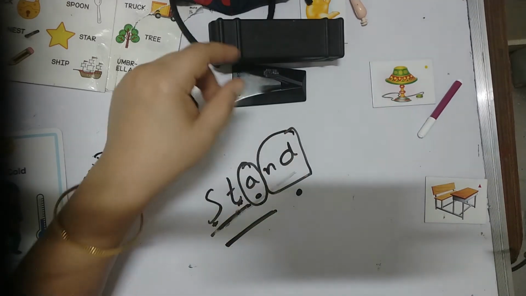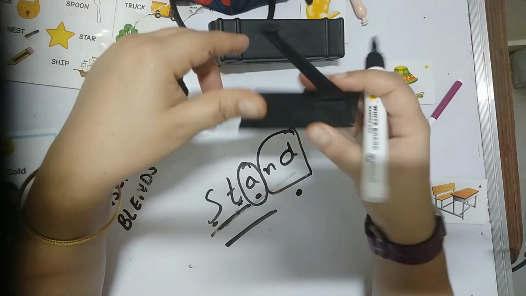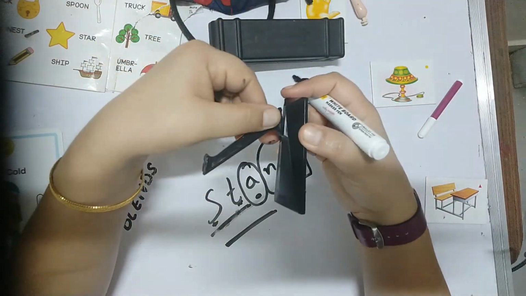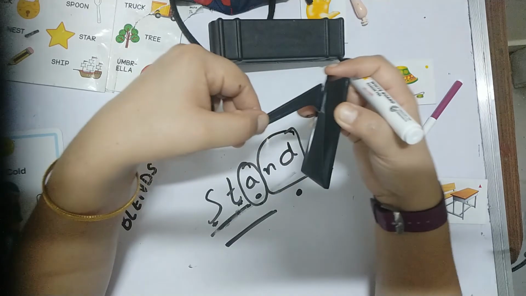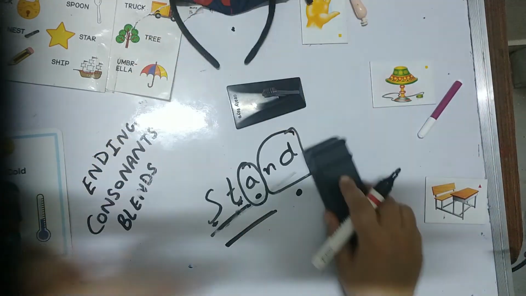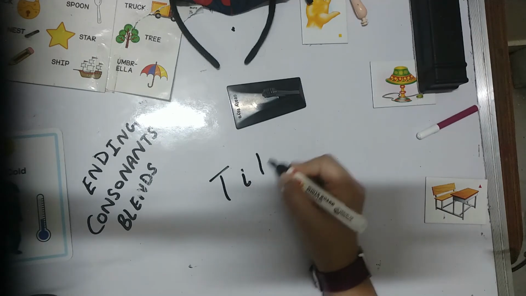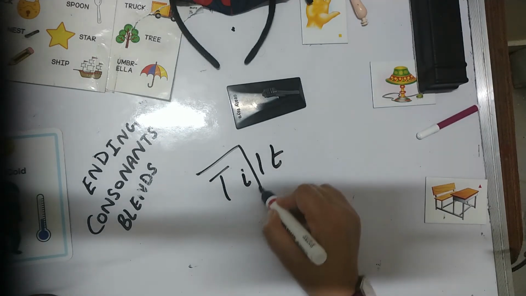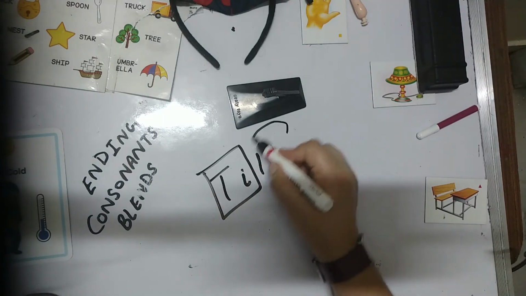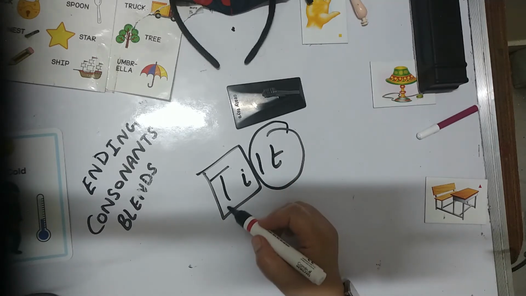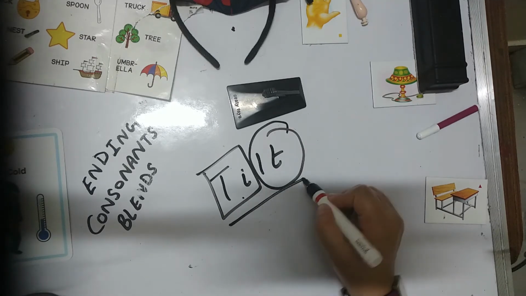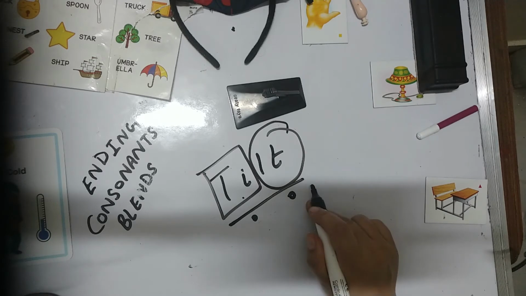Stand. So similarly, with one toy you can ask many other things. For example, this stand is a little oblique or tilted, so you can ask the child in this way. Suppose we write tilt. The first two letters the child needs to say together, and the last two blend together, like T, lt, tilt.